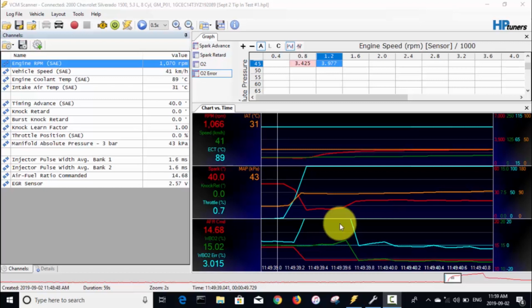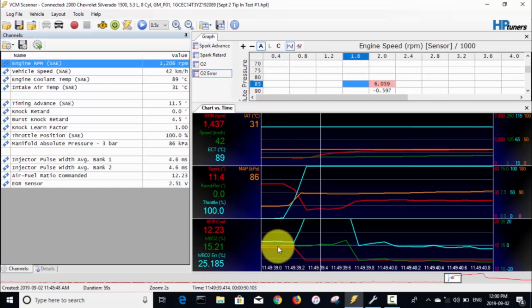We went out and made sure that our VE table was as good as possible, and I see today it's slightly out. Like if you look at where the cursor is here, AFR commanded, the red line is 14.68, and the actual AFR is the green line, 15.02, for about a 3% error. But it was pretty well bang on yesterday. But I've noticed, especially in this speed density tune using the enhanced 3-bar OS, as conditions change from day to day, your tune will go out a little bit because it doesn't have that closed loop correction from the narrow band O2s. So I think as long as I'm within 4 or 5% error on my O2, I'm going to call that good. So our VE looks good,